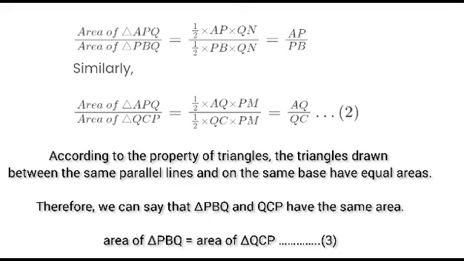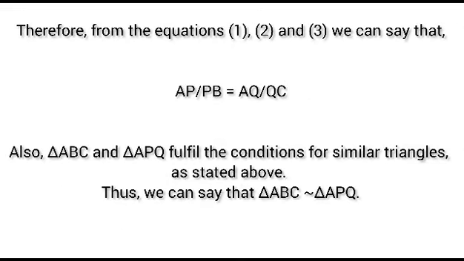Similarly, area of triangle APQ divided by area of triangle QCP is equal to AQ by QC, which is equation 2. According to the property of triangles, the triangles drawn between the same parallel lines and on the same base have equal areas. Therefore, we can say that triangle PBQ and triangle QCP have the same area. That is, area of triangle PBQ is equal to area of triangle QCP, which is equation 3. Therefore, from equation 1, 2 and 3, we can say that AP by PB is equal to AQ by